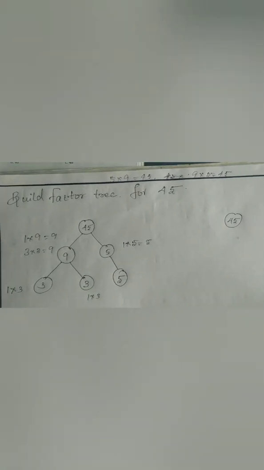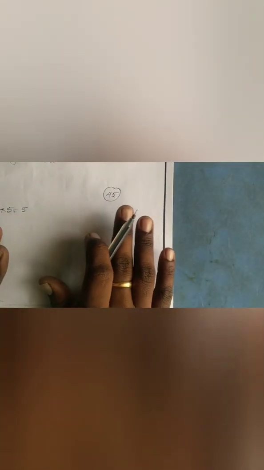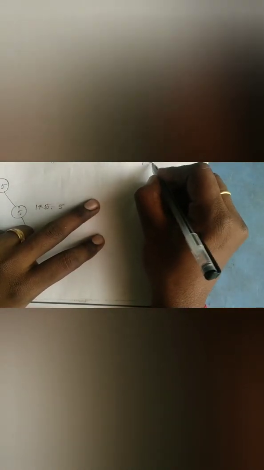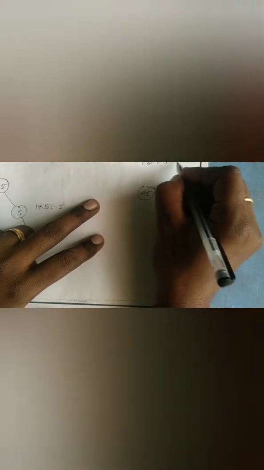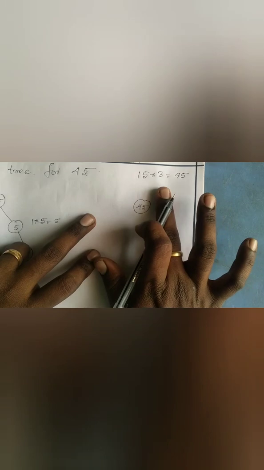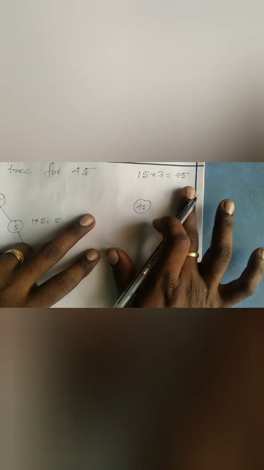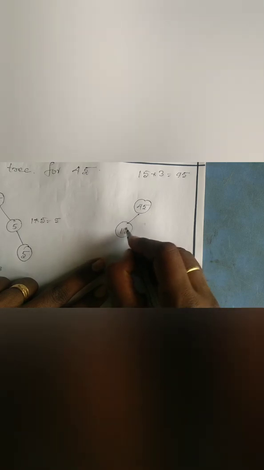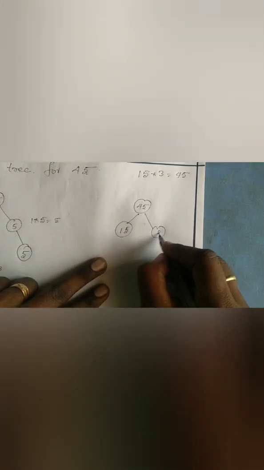Another way is, here again I am coming to the next example. Same example with another possibility: 45. What are the possibilities of this 45? One more possibility is there. In the 3 table or in the 15 table, 15 3s are 45. This is another possibility. 15 into 3 gives you 45. So just split this into 15 and 3.